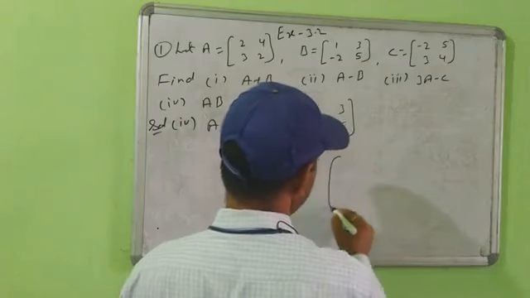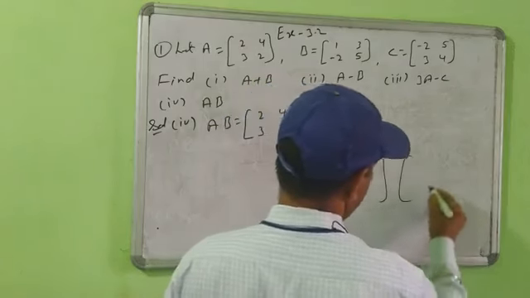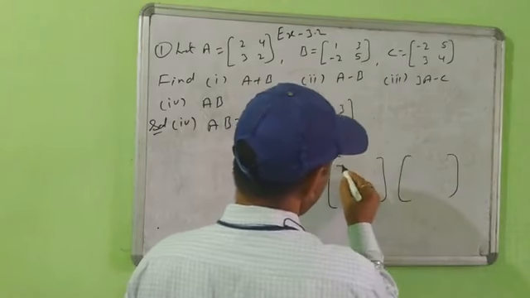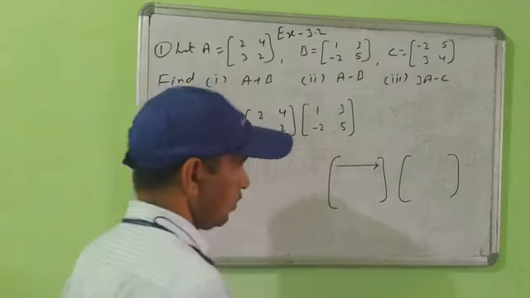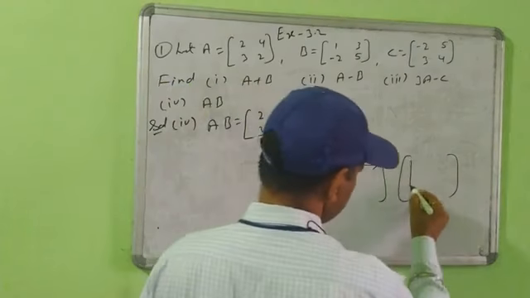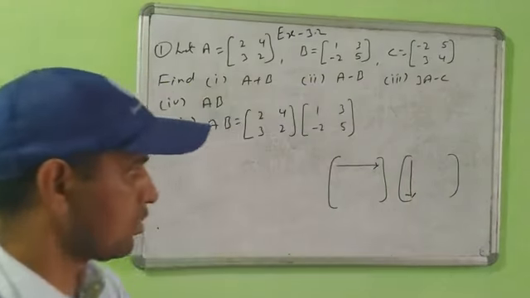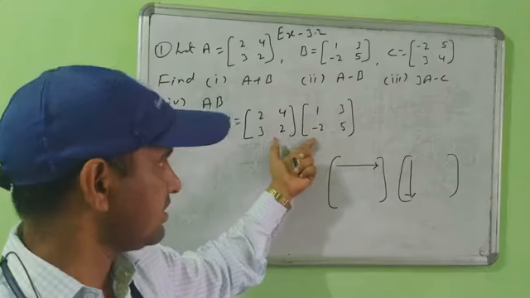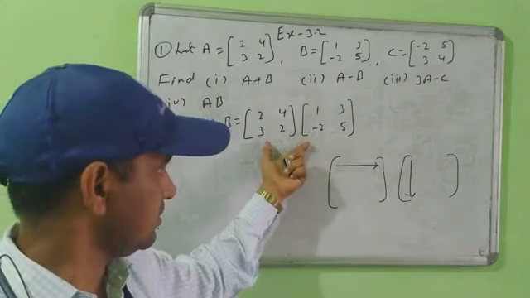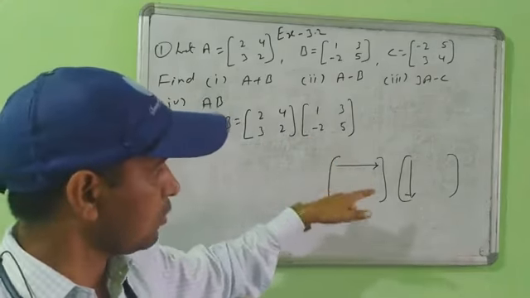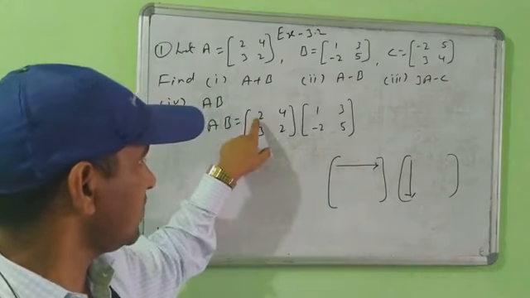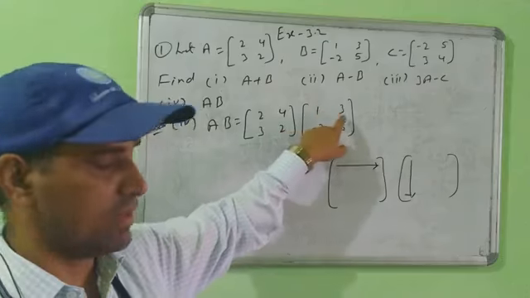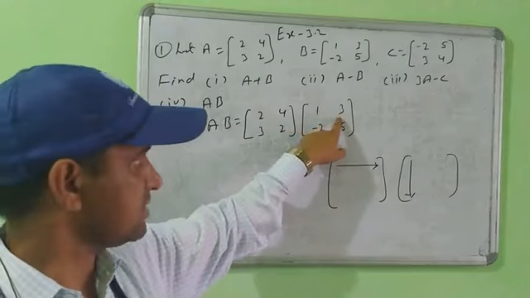Suppose any two matrices here. How to multiply? In the first matrix you will move along the row, and in the second matrix you will move along the column. When the multiplication condition is satisfied, then we multiply. We don't multiply directly, like 2 times 1 is 2 and 4 times 6 is 12. That is the rule for addition and subtraction.